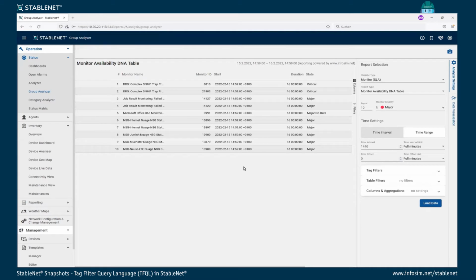Before, we had tag filters, which were mostly XML, or you could click them in the GUI. But for complex filters, it was quite complex. So to make it easier to work with the tags and create tag filters, we came up with a tag filter query language, which is very easy to use, human readable,